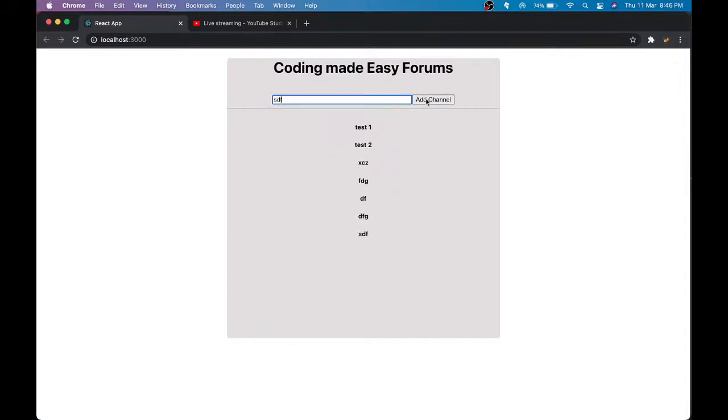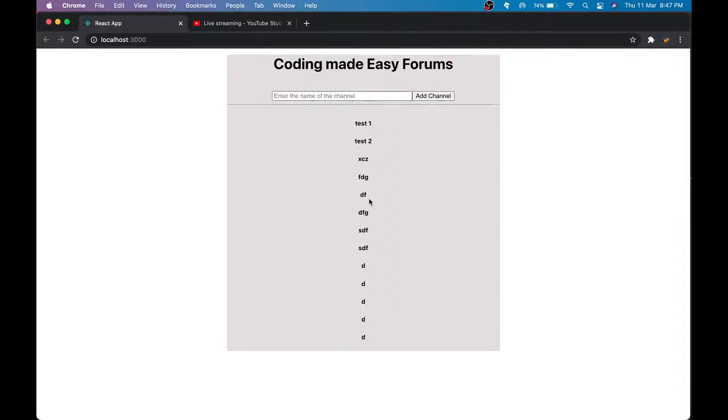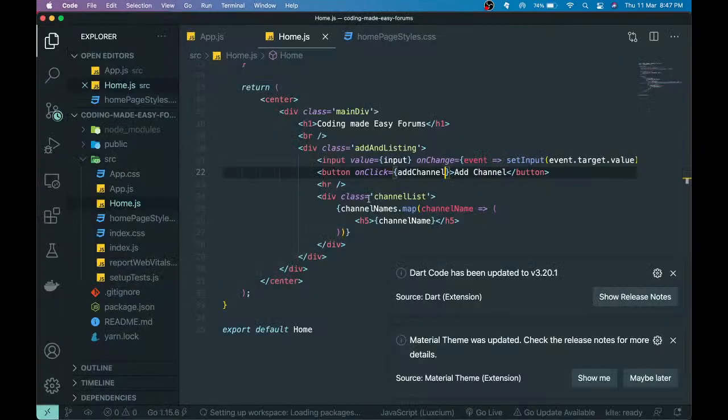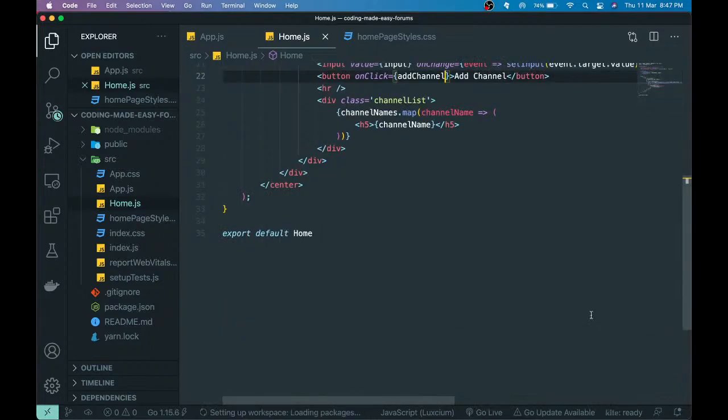Now let me actually see what happens if we can add millions of channels. Will we have that overflow that I had talked about? Okay, currently it just gets bigger and bigger. It isn't really much of a problem. So now what we will do is